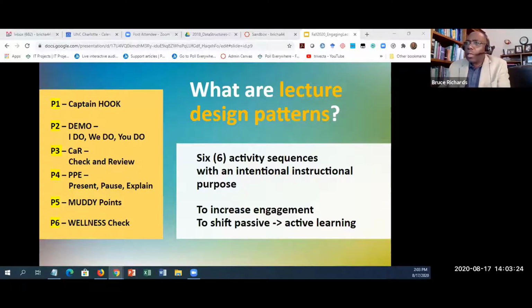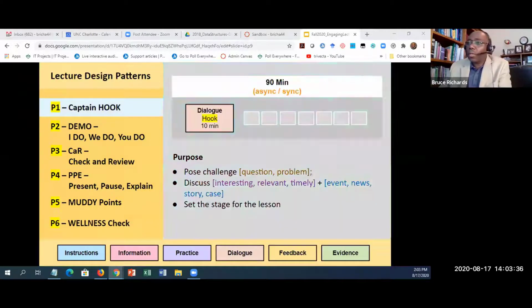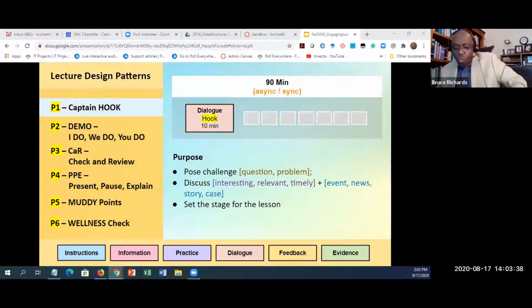So on the left, you see we have Captain Hook all the way down to wellness. So I'm going to go through each of them and describe how you can utilize those in your classroom. So Captain Hook, why Captain Hook? Well, think of it as the carrot and stick approach.